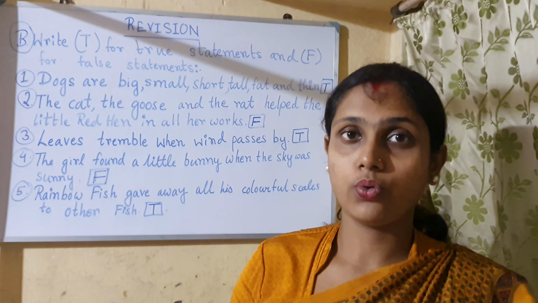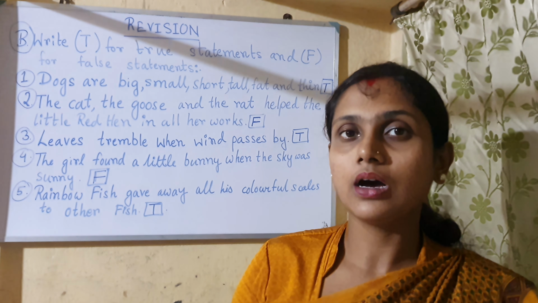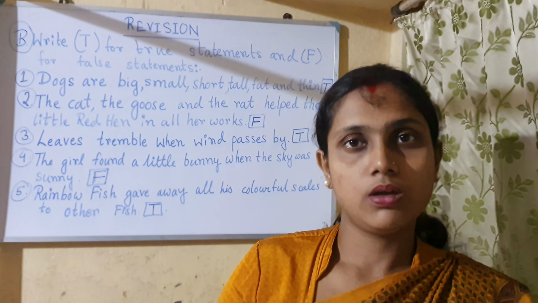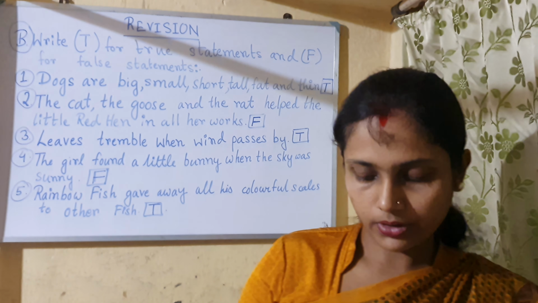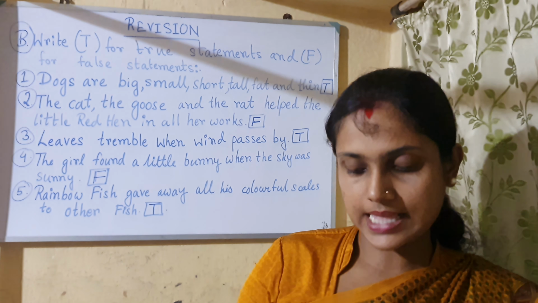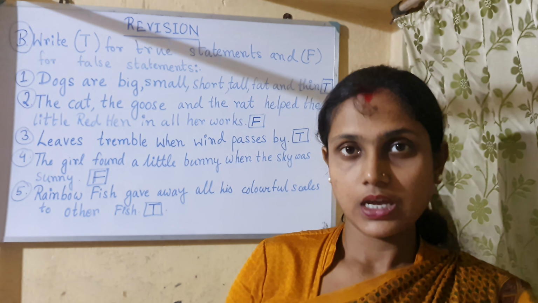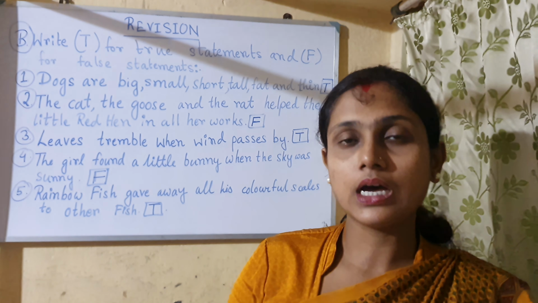Then, the little girl freed all the pets she has caught. Has the girl freed all the pet animals which she has caught? Yes, at the end of the story, she let all the animals go their own way. So it is true. Okay. Everyone ate the excess porridge for breakfast, lunch, tea and dinner from the magic porridge pot. Everyone ate the excess porridge for their breakfast, lunch and dinner, no?